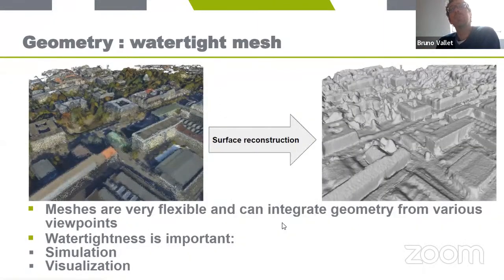Now that was for 2.5D. What can we do if we want a 3D surface? A real 3D surface is usually represented with a surface mesh. And usually we ask for this mesh to be watertight, because watertightness is very important for simulation and visualization. So building a watertight surface out of a point cloud has been studied